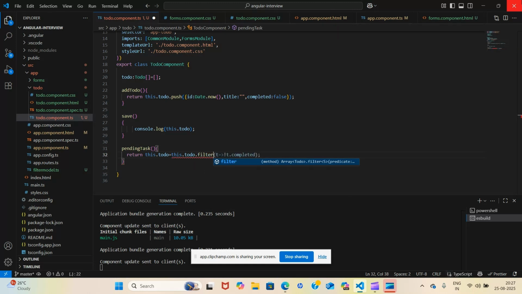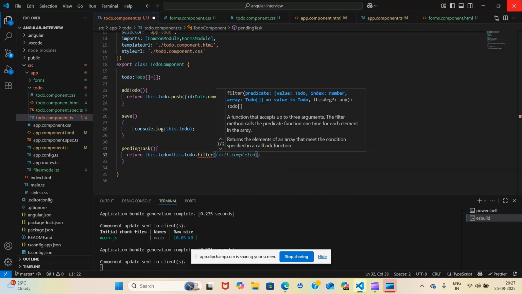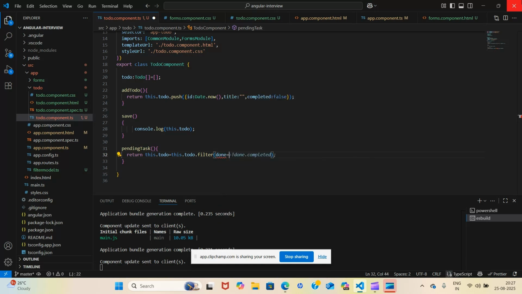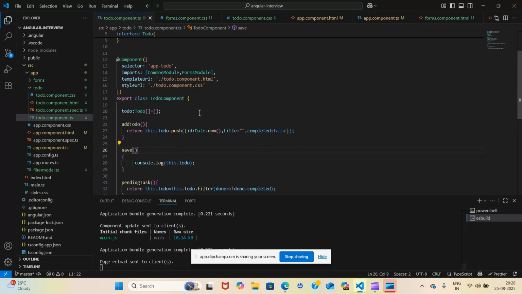I'll filter on the basis of whether it is completed or not. And for that, we have taken one flag, right? One boolean, so the done flag. So if it's not done, dot completed. Okay, so this is your pending task function.